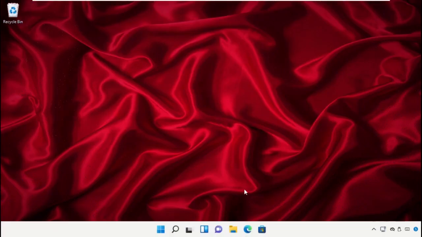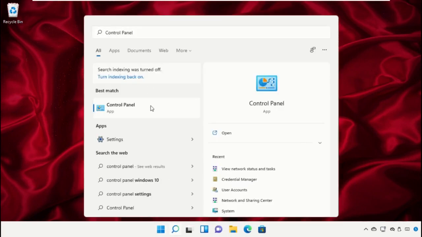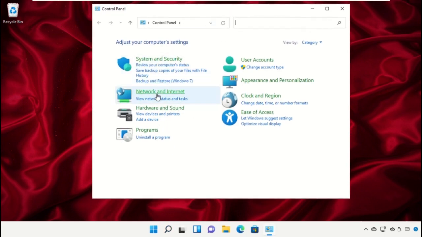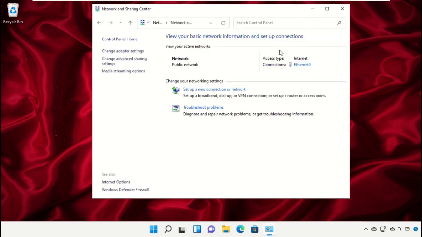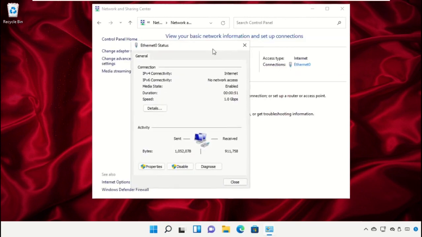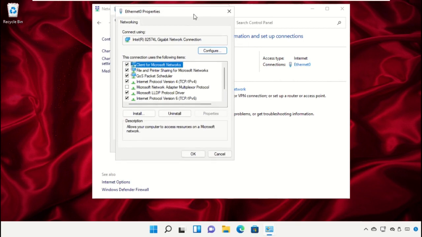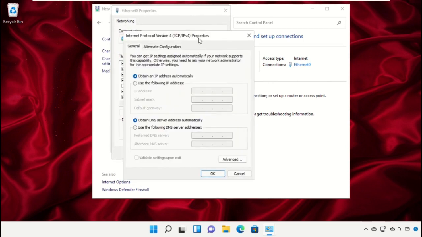Now the next step is very important. Go to search bar and type control panel. Click here and then click on network and internet. Select network and sharing center and click on your internet connection status. Now go to properties and select IPv4, that is Internet Protocol version 4. Click on properties